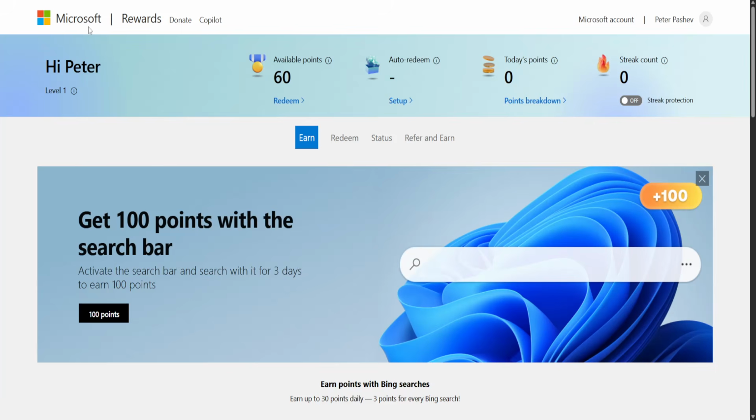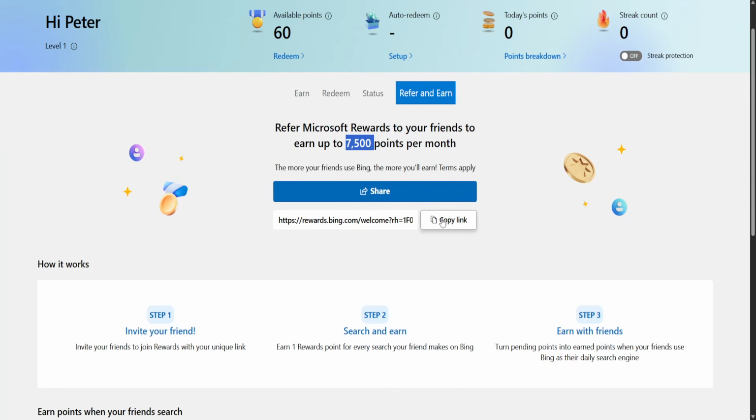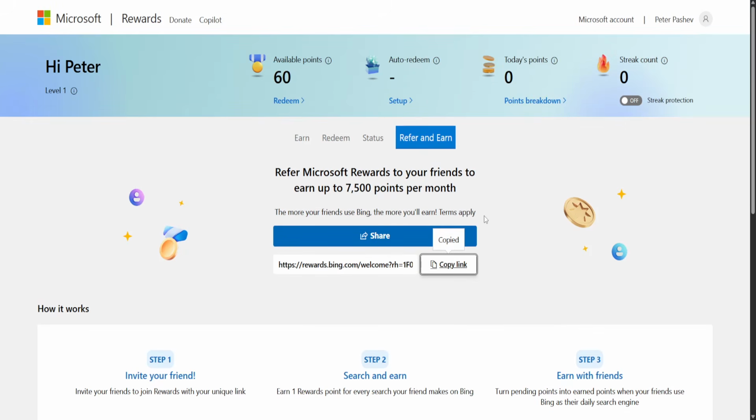So once you've gone to Microsoft Rewards, you will click on Refer and Earn, and right here it is going to tell us that we can earn up to 7,500 points per month as long as we refer people. So how this is going to work, you will need to copy this link and invite your friends, and you will earn 1 reward point for every search your friend makes on Bing, and you can turn pending points into earned points when your friends use Bing as their daily search engine. So you just want to copy this link, send it to your friends, and if they use Bing, you will